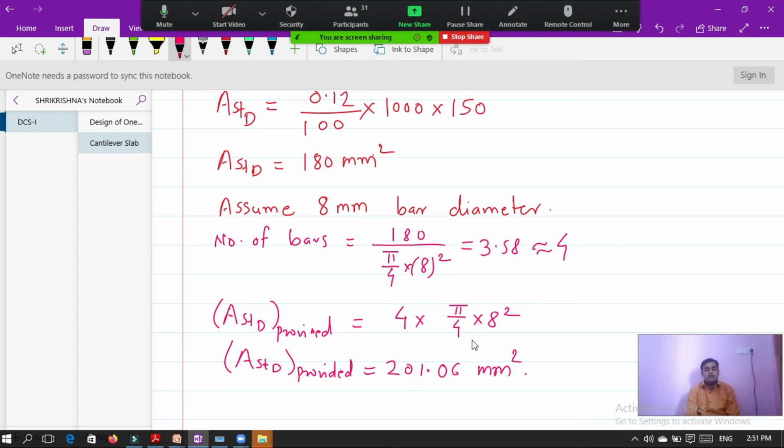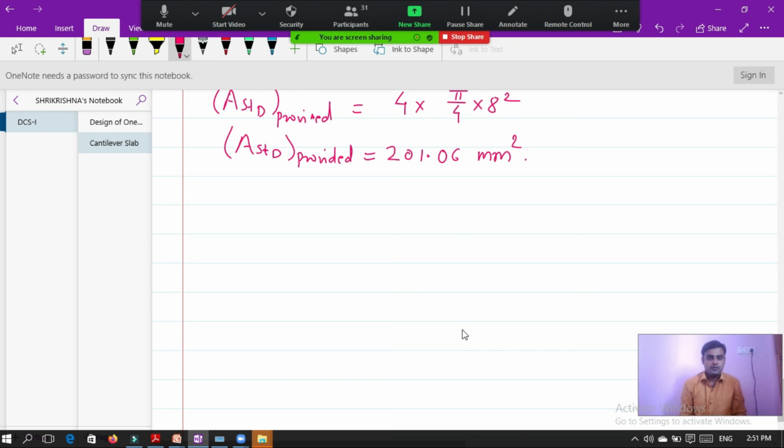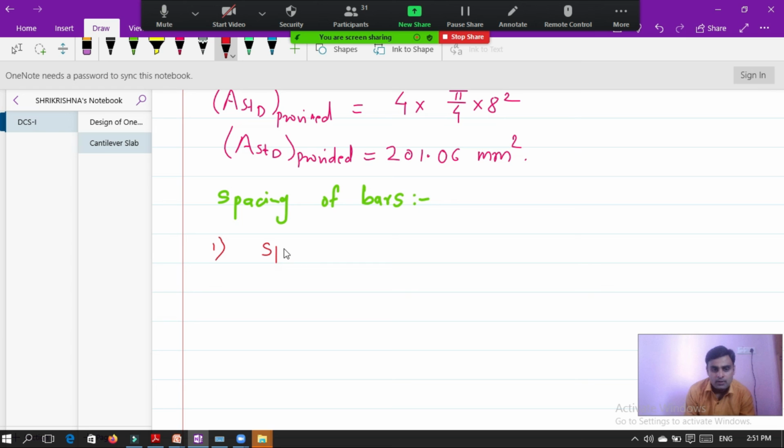Now calculate the spacing of bars. Spacing is equal to the area of a single bar divided by AST provided, multiplied by width.